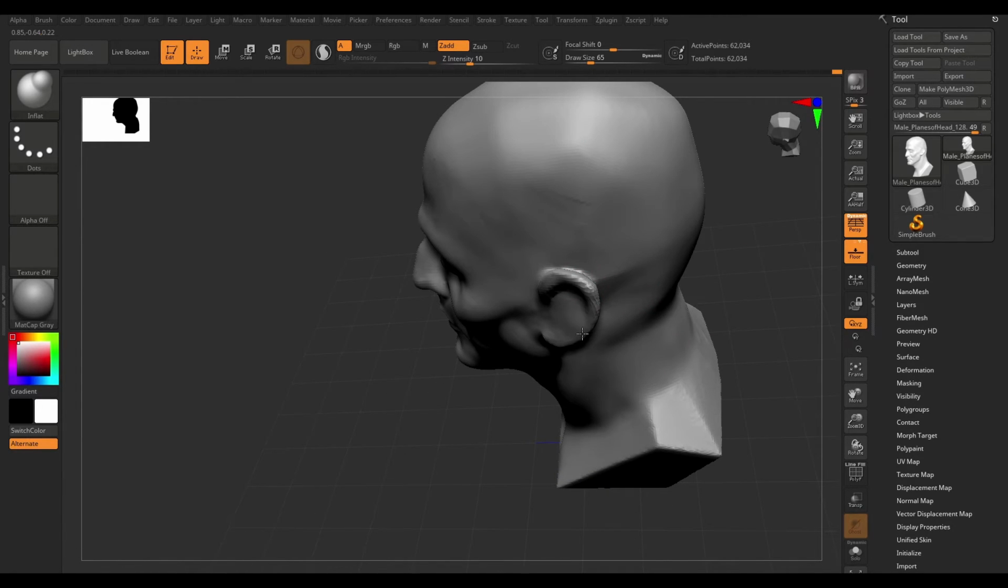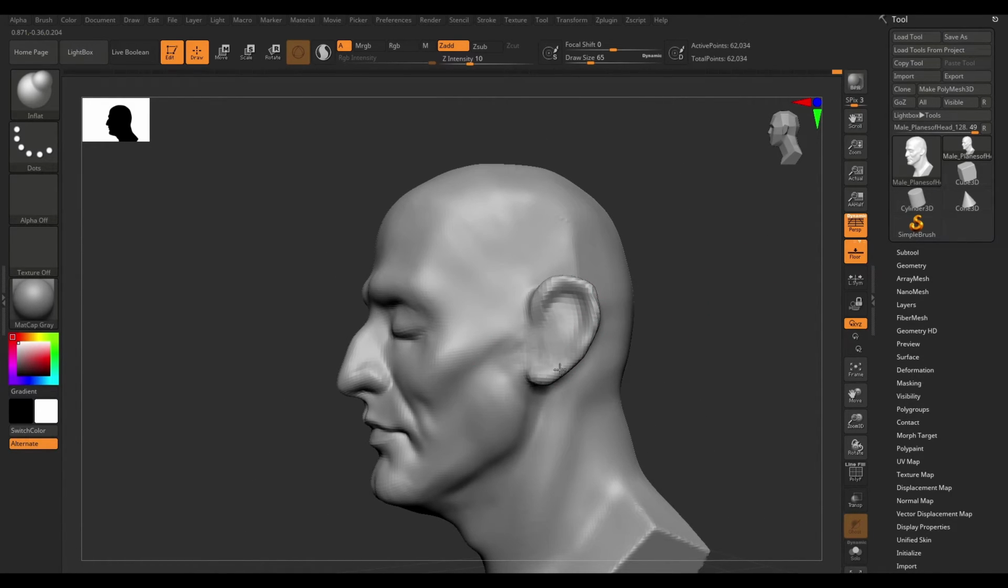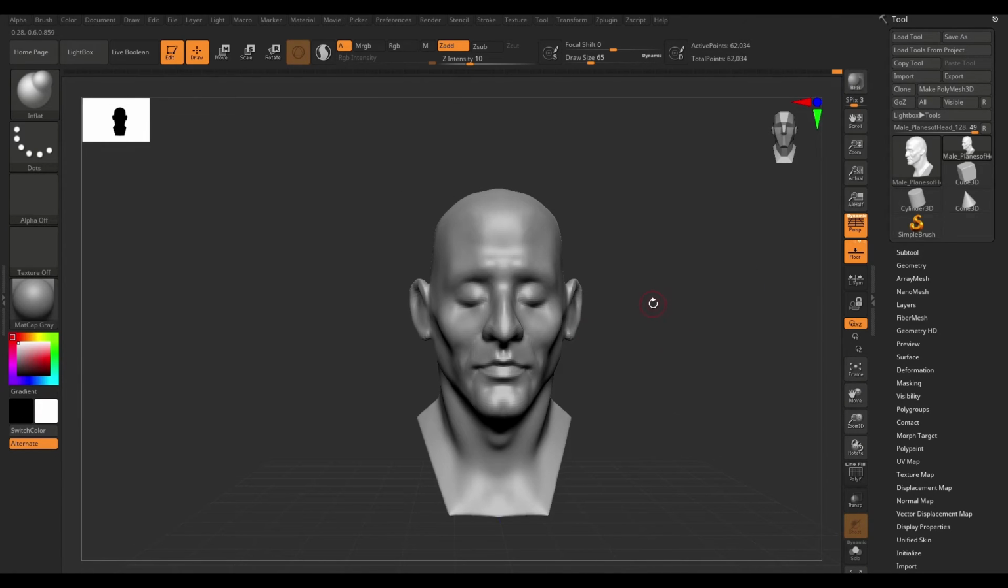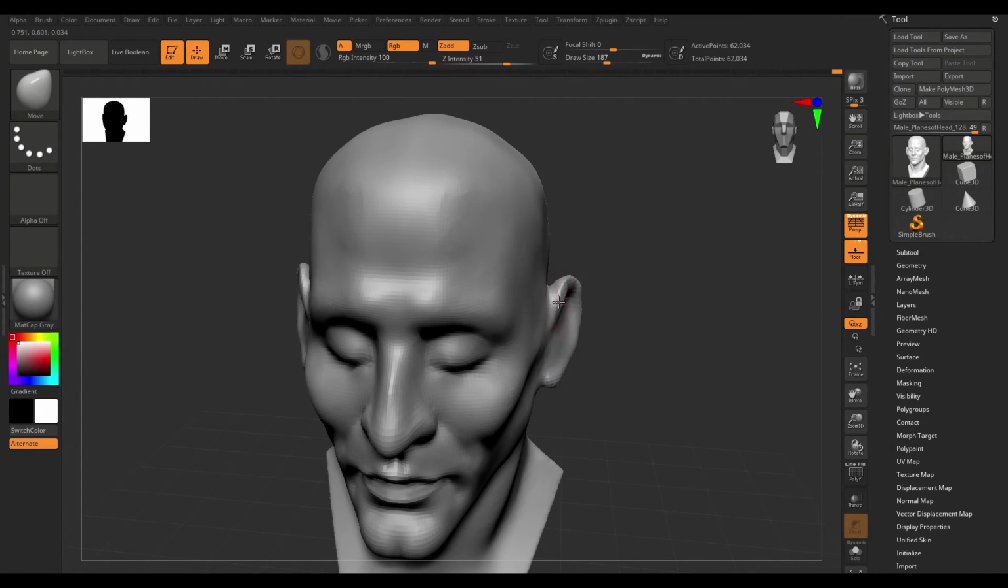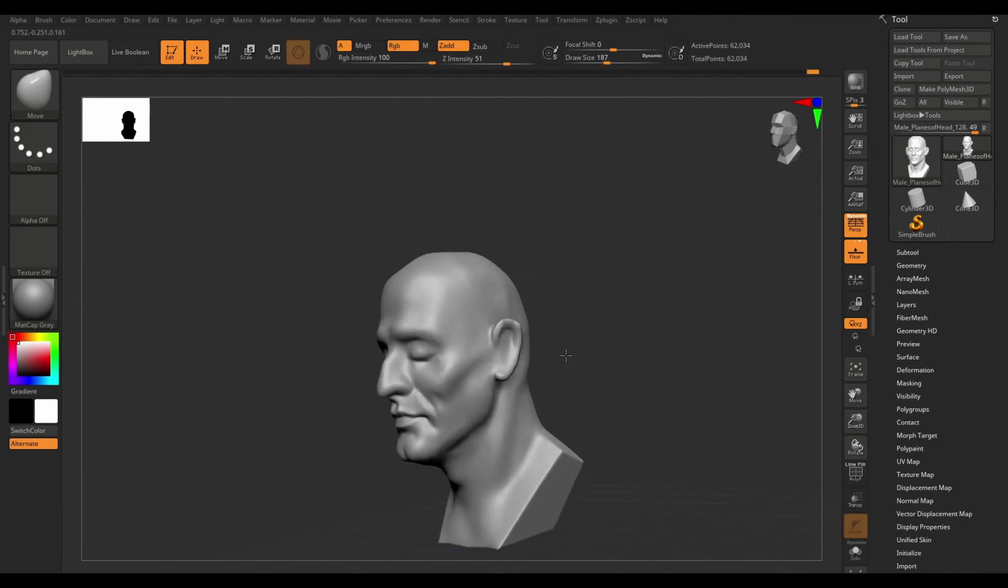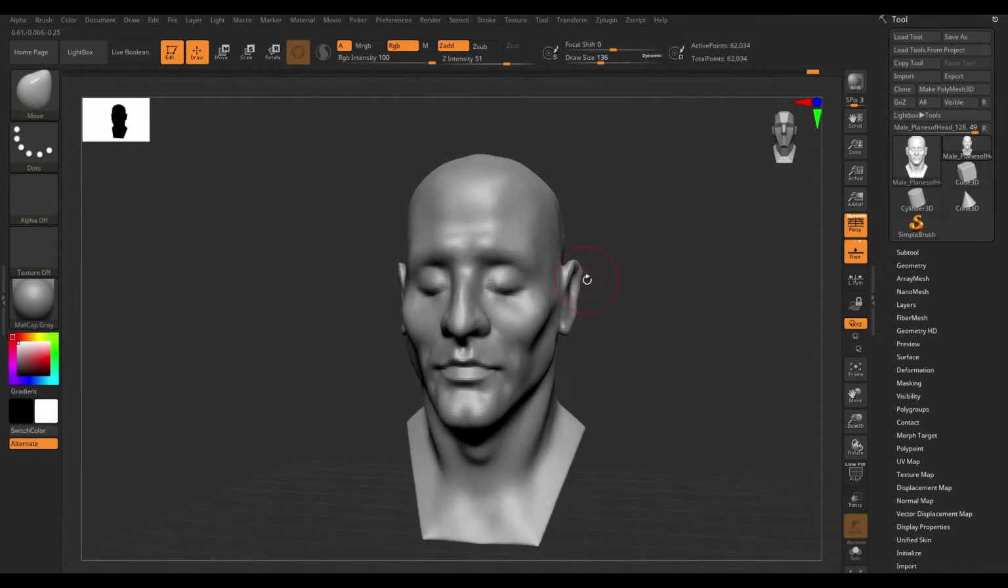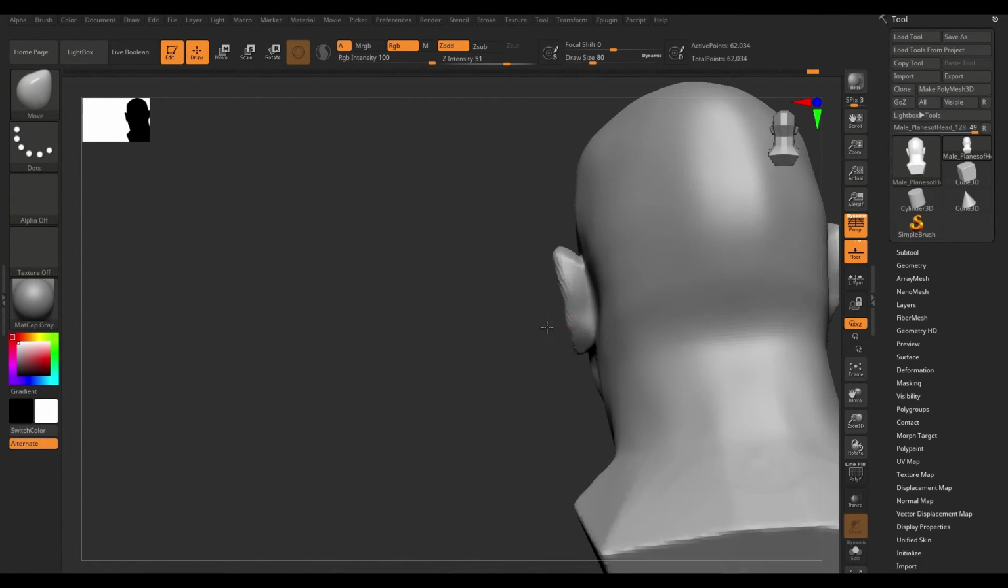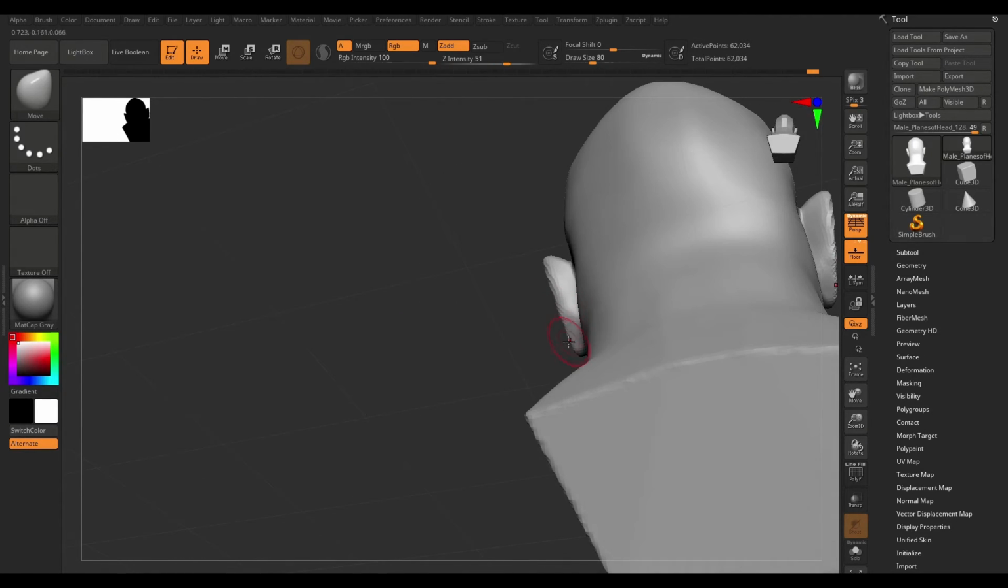What ends up happening is if you sculpt on a very thin surface with the clay buildup brush, you tend to cause holes in your mesh. So one way of resolving that is by using the inflate brush. So I'm just now moving those ears in,